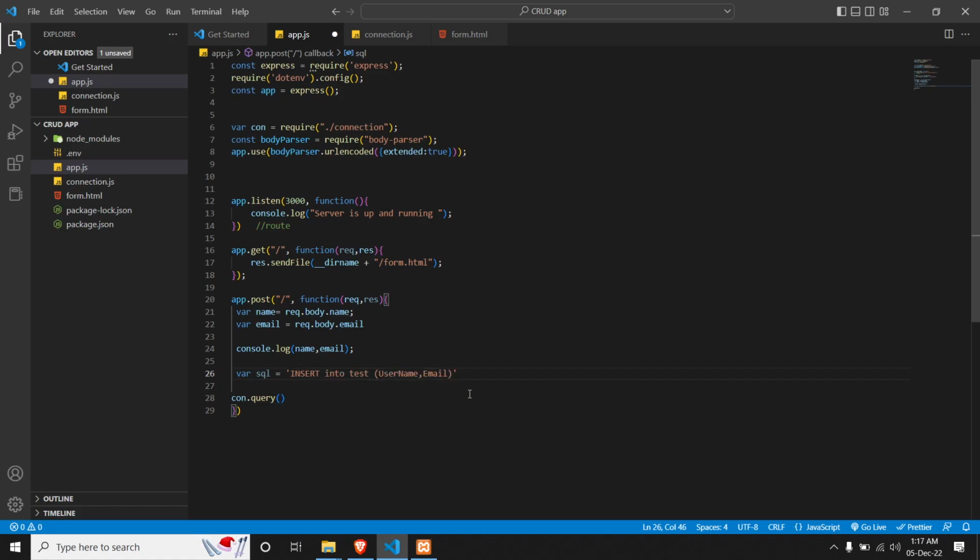So once we are done with this, we will set values question mark, where we will pass the value from our front end. So we will create another variable values, which is equal to name, comma, email that we have fetched from our front end. Let me close this. And now we can pass it in our con.query. So in our query, first we will pass our SQL statement, after which we will pass our values,